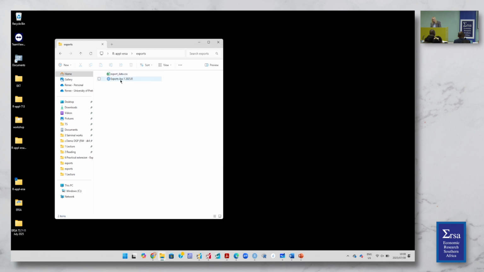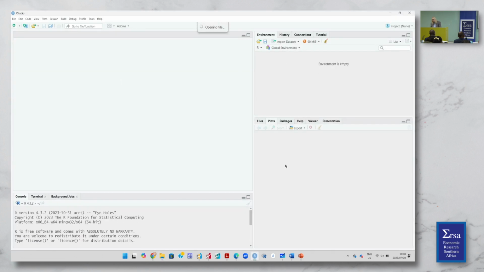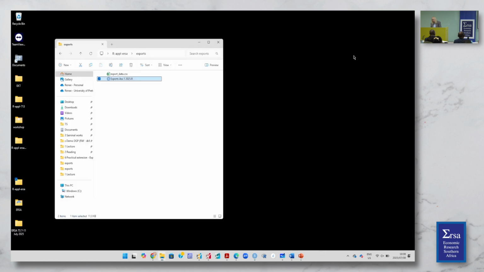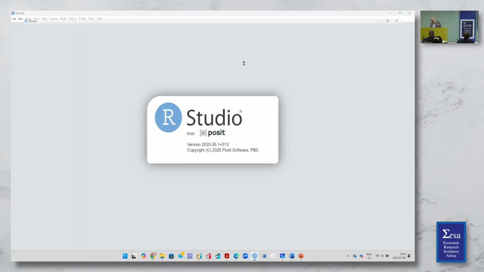Even without having this open, let us just start with a clean slate in R. And now you have that folder with a script file. So let's define that as a project. How we are going to do that is